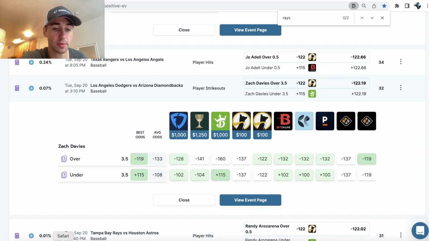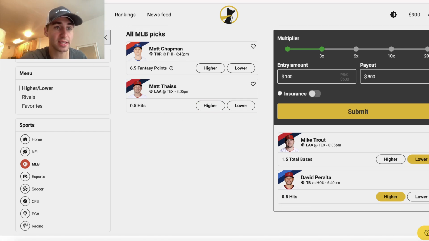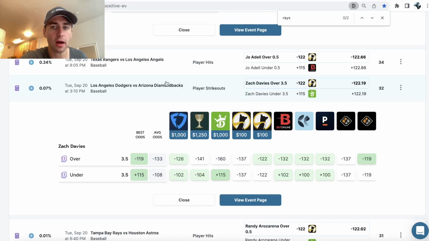So what we can do is go here and say, okay, let's replace this with Davies over 3.5 strikeouts. So we're still getting 100. Again, it doesn't matter what you select. You're still getting 100 to win 500 in profit, plus 500 odds on Underdog Fantasy. What will we be getting on